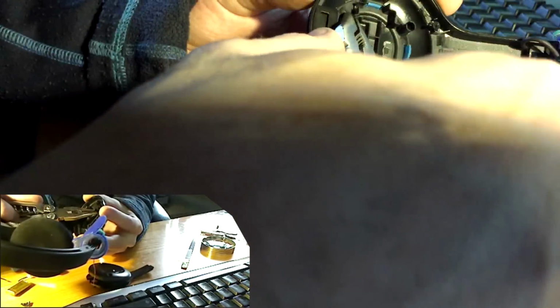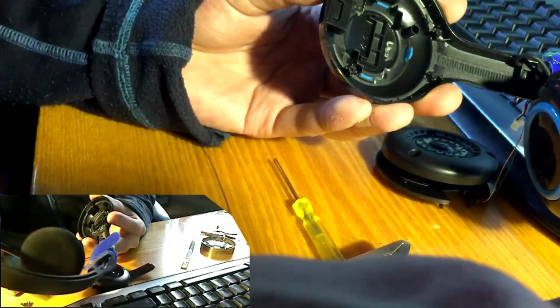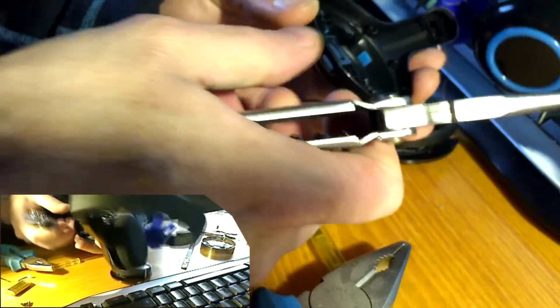These are bought from eBay, and I believe they cost about $33, $35, something like that. Pretty cheap for wireless headphones that can last a whole day with this battery. So you can walk around freely,